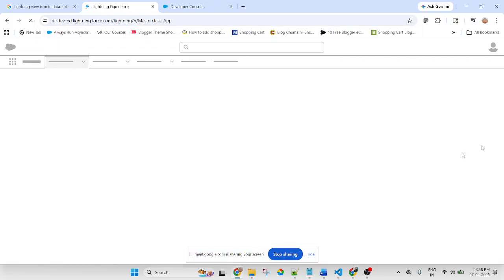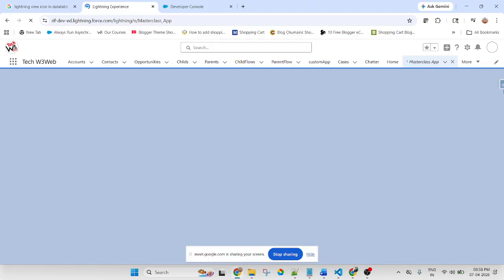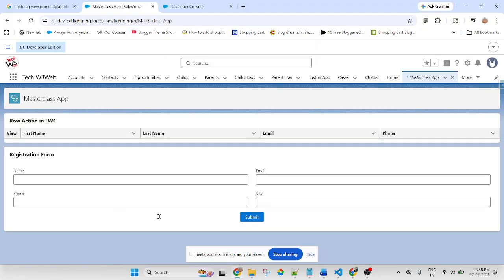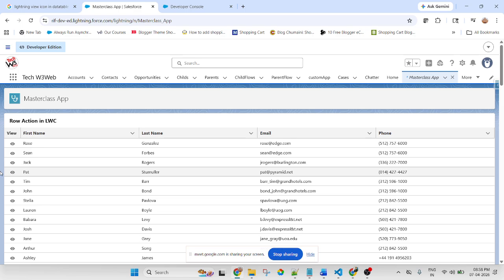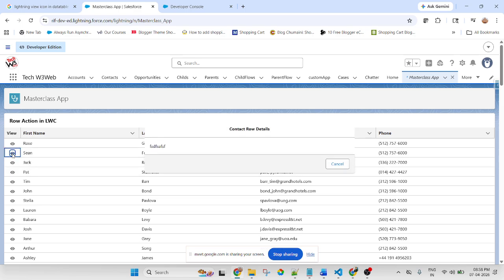Let me refresh once again. Now let me click on any of the icons. The modal pop-up should display. Yes, the modal pop-up displays, but the heading is not displayed. Here I will display data dynamically. Right now I am giving rough text data.